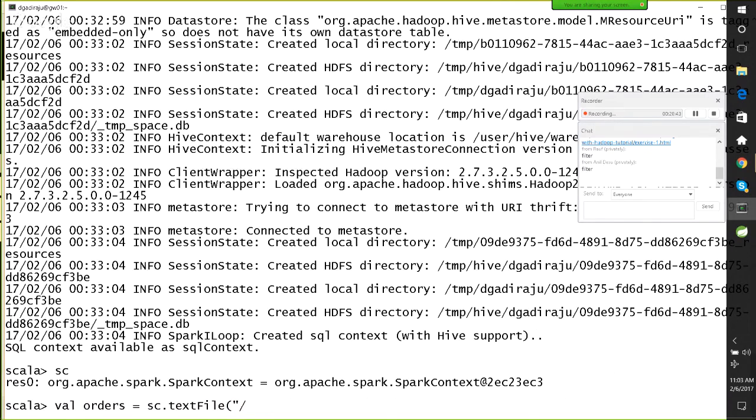We have to give the path. It's in HDFS, and the cluster is already integrated in such a way that Spark can directly read from HDFS. So we don't need to give the HDFS URI as part of the path. We can directly give the path of the files, which is public